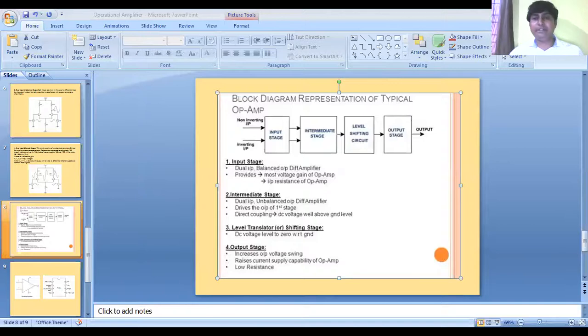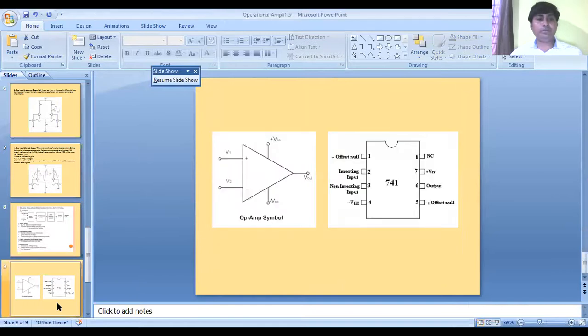Okay, so just go through the pin configuration, because for the next study, pin configuration is very much important. So for that reason, once again you go through the pin configuration. If not, once again I will go through this pin configuration, because pin configuration is the important thing you have to consider.